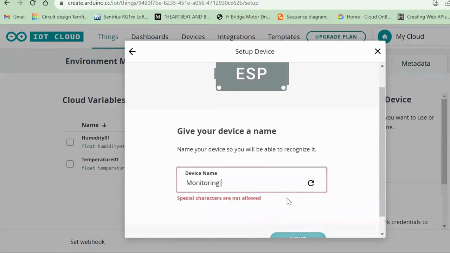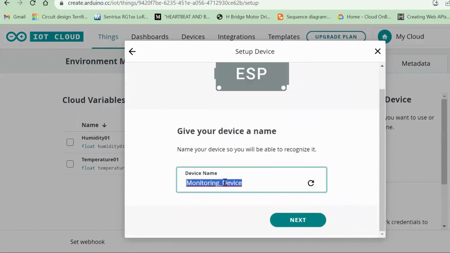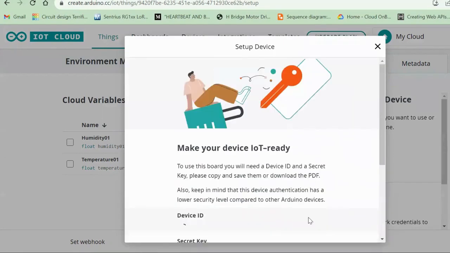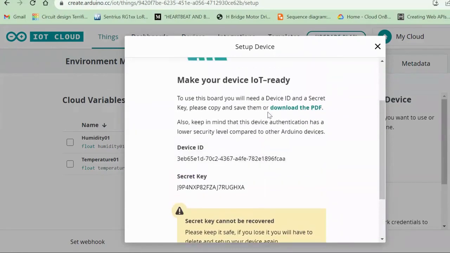Monitoring. Okay. Device. Good. Now let's just click on next. So here it will ask to save the secret